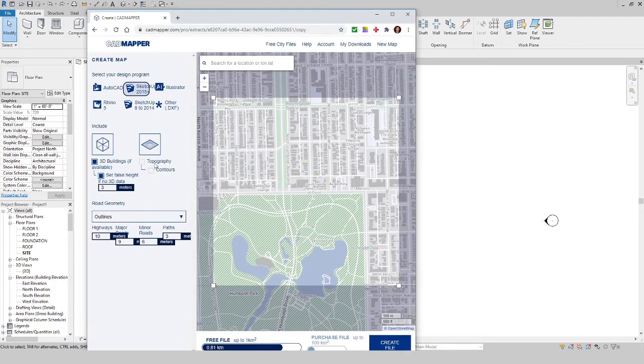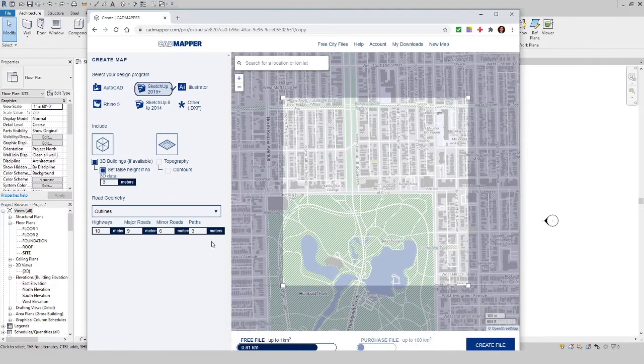here is I'm unchecking topography and contours because we're going to get that from a different source. And we're going to bring in 3D buildings. And if no data, we'll just set our false height to about 3 meters, which is about 9 feet. So then from there, I also just adjust highways, roads, paths, and I just adjust to these settings here, so that way any of the trails come in correctly. Then I click on Create File, and from there,